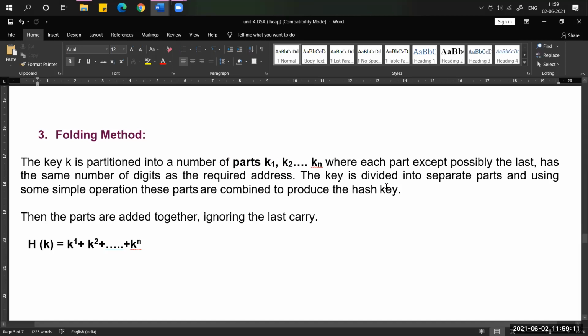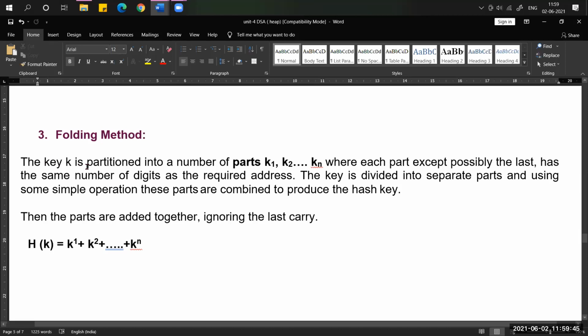After dividing that, sum all the divided parts. After summing, we will get one result, and that result acts like an index number in the folding method. We should just divide into parts, not divide with any other number.